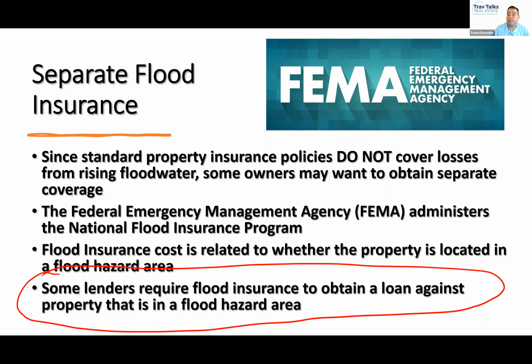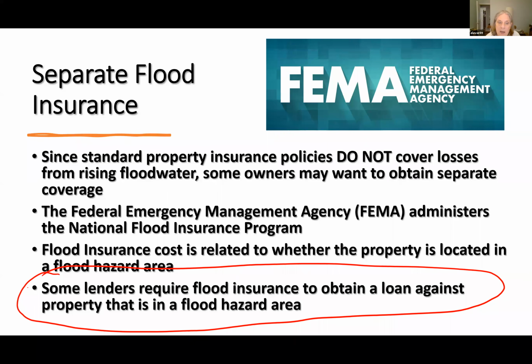It is very likely you would see that as a requirement if the property is located in a flood hazard area based on FEMA's maps, that the property owner, in order to get a loan, would be required to purchase flood insurance. I want to be clear about that. There is no legal requirement for somebody to purchase flood insurance. It's a requirement tied to a loan. Those kinds of requirements are almost always tied to financing. Does that make sense for everybody?